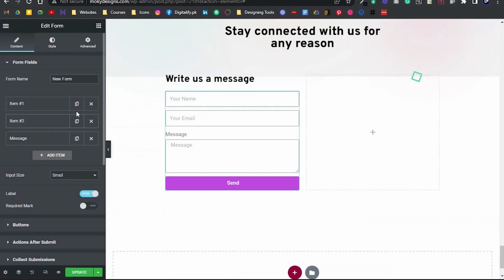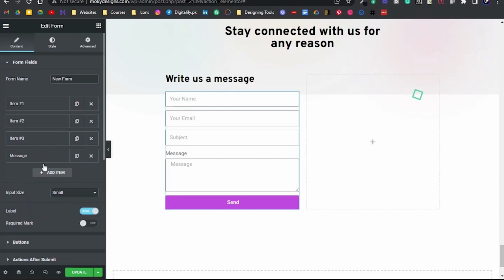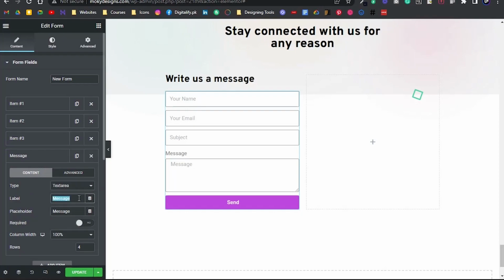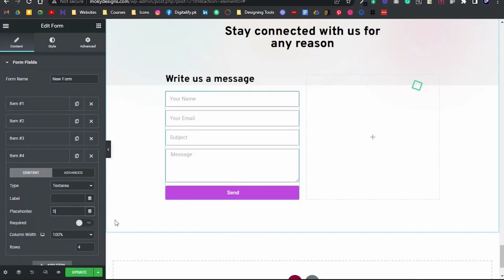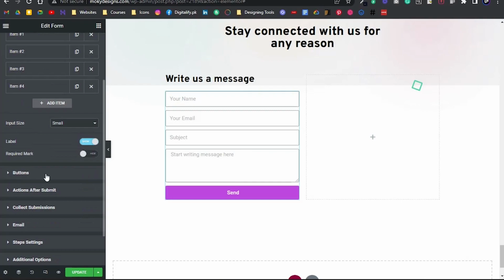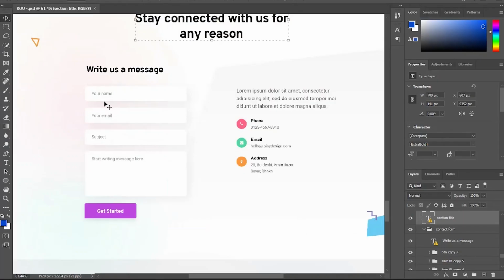Just duplicate this element one more time and replace the placeholder. Remove this label. For the button, go to the button section, replace the content, and change the alignment to left side. Then go to style and change the row gap accordingly